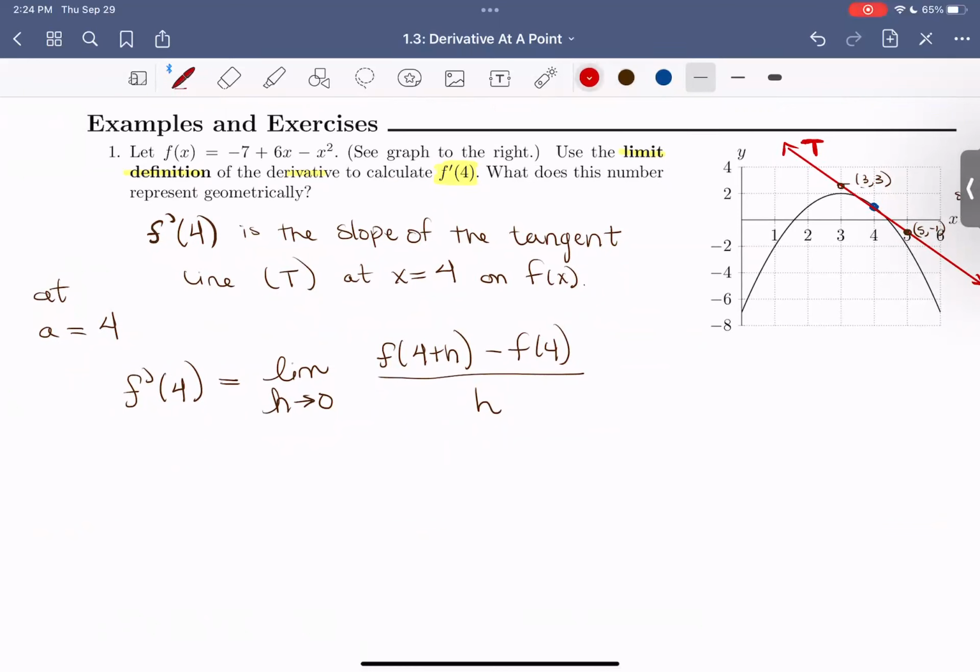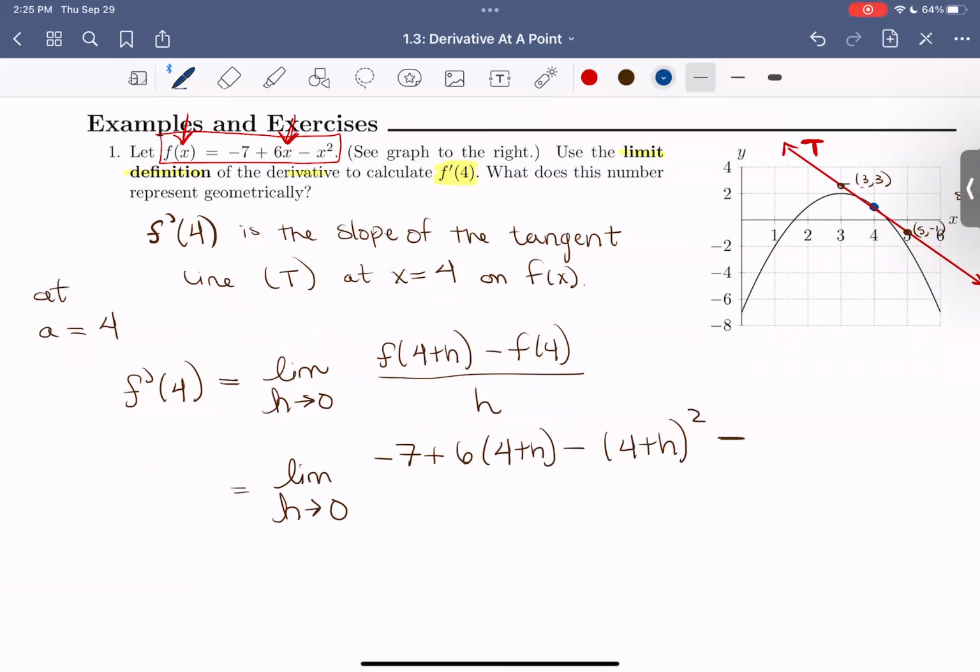So we have our function f up here. Now what I'm going to do is just input 4 plus h into x, and then subtract inputting 4 into x. So that's going to look like the limit as h goes to 0 of -7 plus 6 times (4 plus h) minus (4 plus h) squared